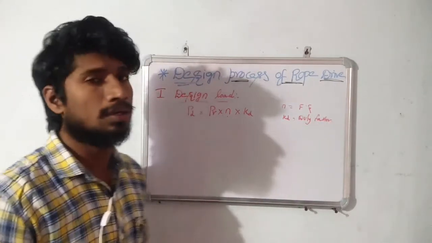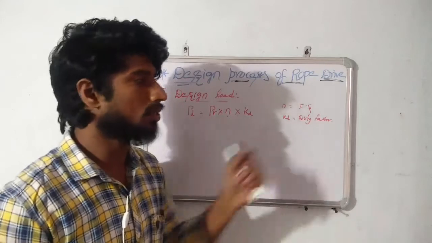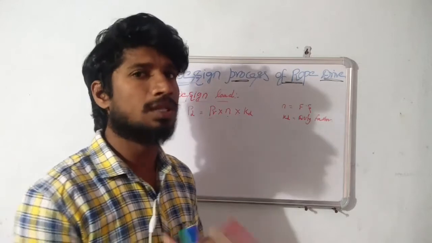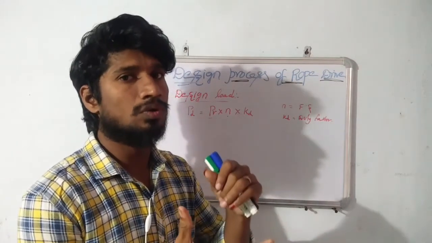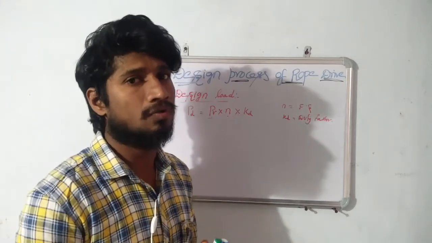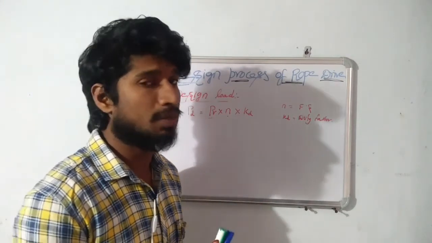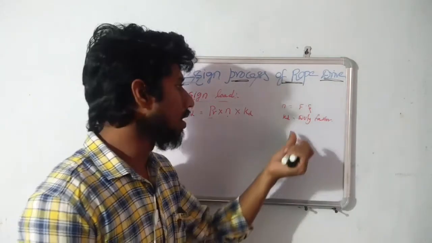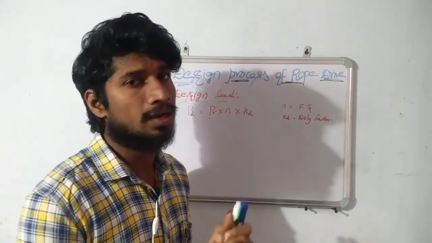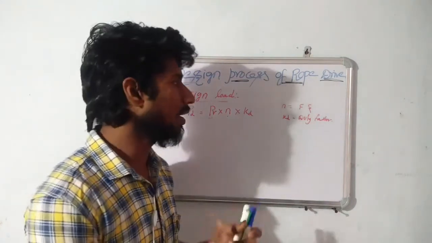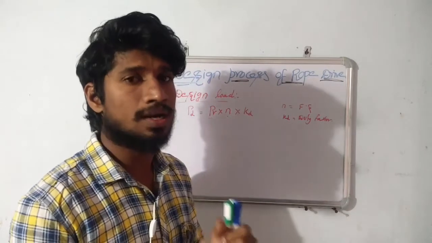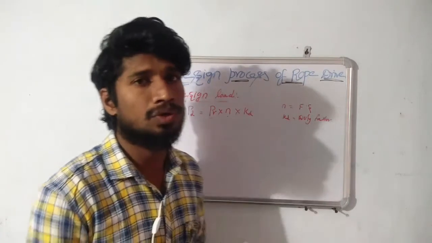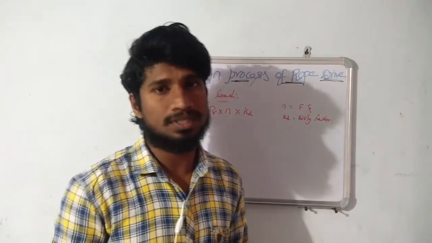So how do we consider the factor of safety and the duty factor? Specified load is provided in the given condition, that means based on the application, how much load we are going to carry with the help of the rope drive. That load we know from the given conditions, but we don't know the factor of safety for that load condition and the duty factor acting upon that rope wire. So based on the given load condition and the application, we are going to consider the factor of safety and duty factor. For that purpose, we prefer the design data book.